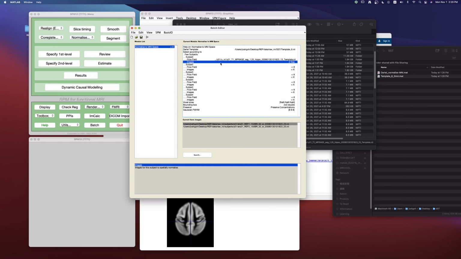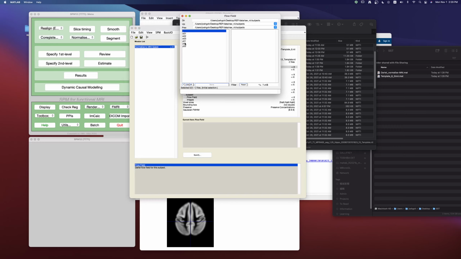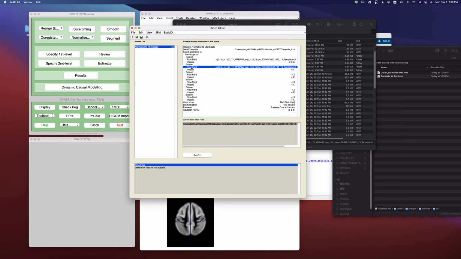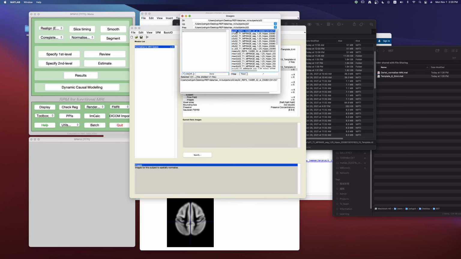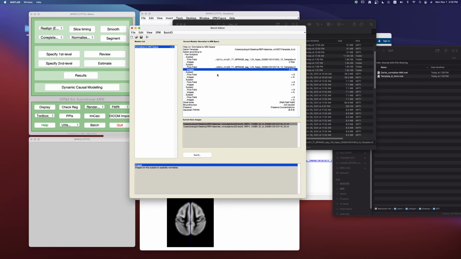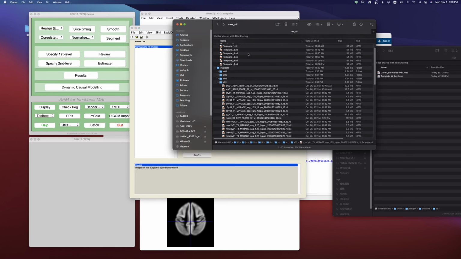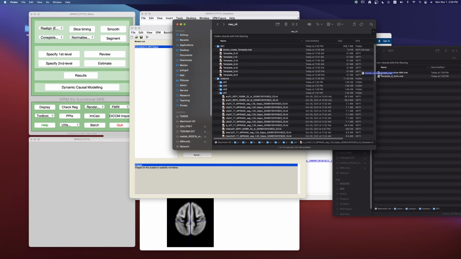And we're done with specifying the stuff for subject Y01, and we want to move ahead for subject Y02. So same thing, go to Y02, select the flow field for Y02 in the flow field field, and then for the images, you want to select Y02's slice time and motion corrected images, and click done. And again, all of these, you can go ahead and click it, but I've already done it for my own data set, and what I'll do is I will drag it in again